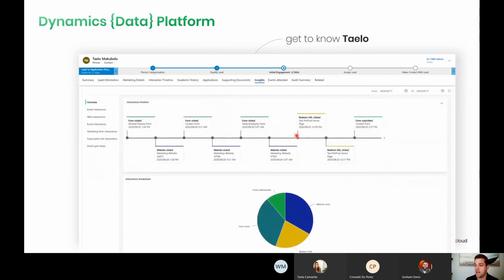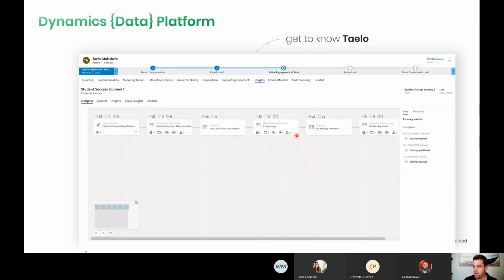We can also see things like their web interaction with us. So this is just showing you some data that's coming in from the website. Did they go on a certain web page? Did they fill out a form? Did they register for a webinar that we're offering? How are they working with us in an online sense? We can see this is an example of their journey with us.